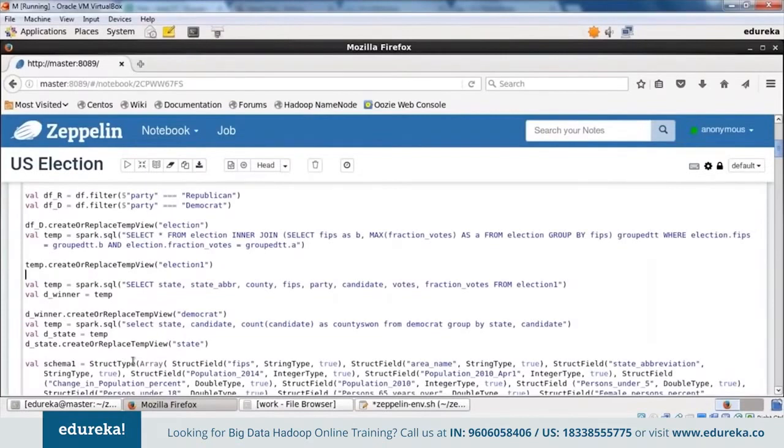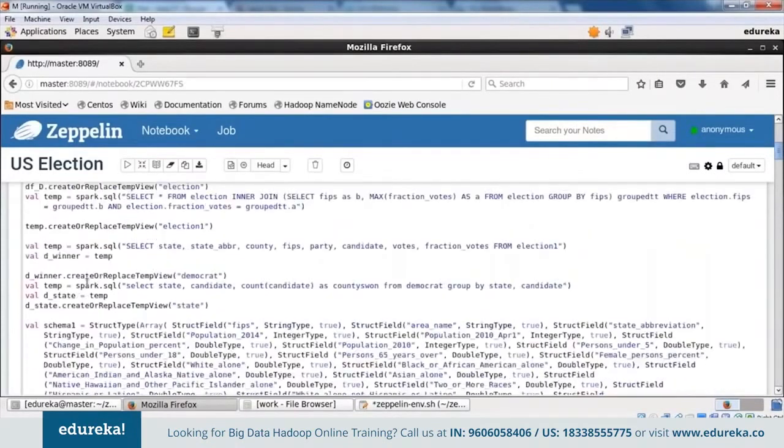And now I've got only the winner data, so I have all the counties, and I've got who won in that particular county and by how much in the fraction of the votes. What I'm doing till now is just refining our data set so that it will be easy for us to make some conclusions or gain some insights from that data, right? Also let me tell you that it's not always necessary that you refine your data set in the exact way that I'm doing it. If you have something in mind after you've seen and understood your data and found out what you actually need to do, you can carry out different steps to do that also. This is just one way of doing it, and this is my way of doing it.